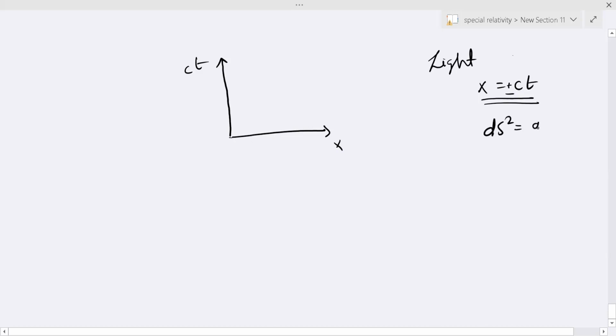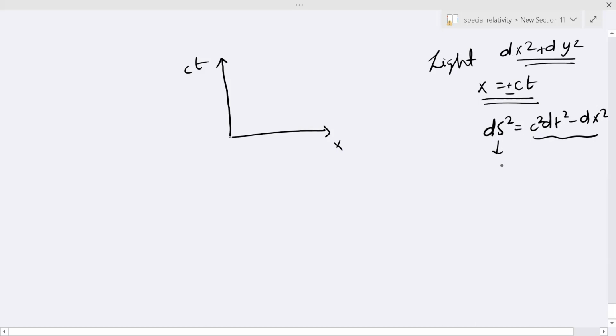ds square is equal to c square dt square minus dx square. For light we said that ds square is 0. We don't have to talk about light immediately. If you take this, this combination can be equal to 0. This is different from the Euclidean thing, where it's dx square plus dy square, which is always positive. Here, it can be positive or 0,